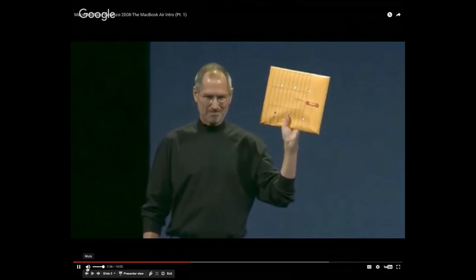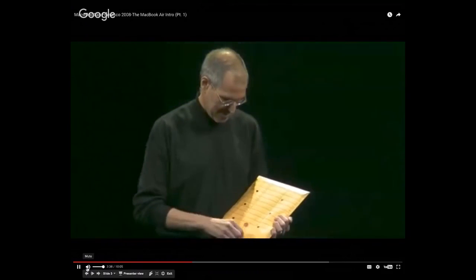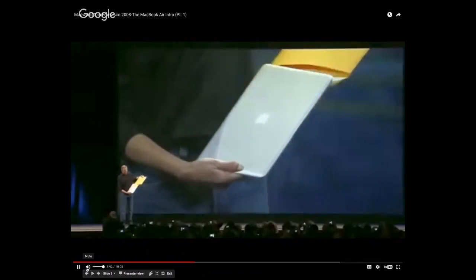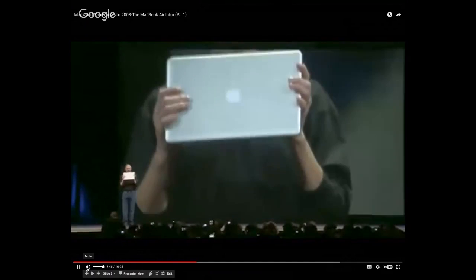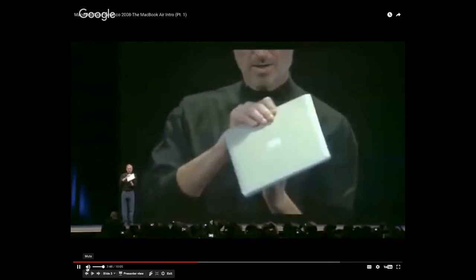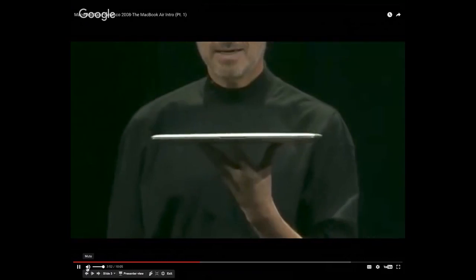This is it. Let me take it out here. This is the new MacBook Air, and you can get a feel for how thin it is. Yeah, there it is.